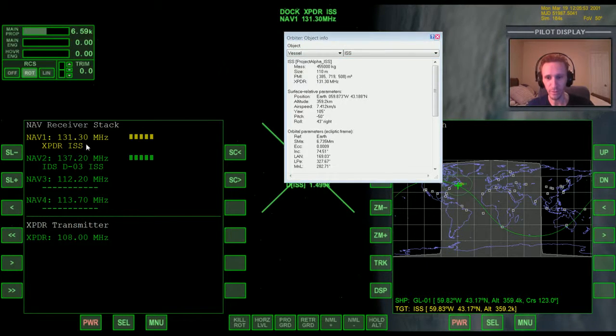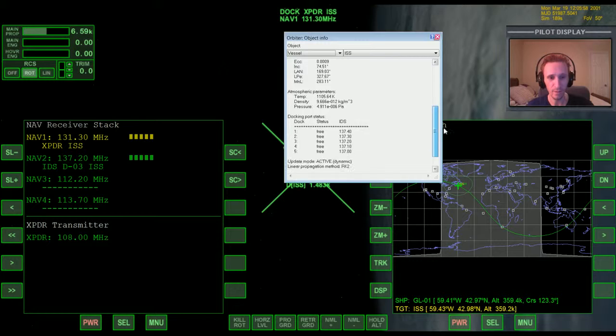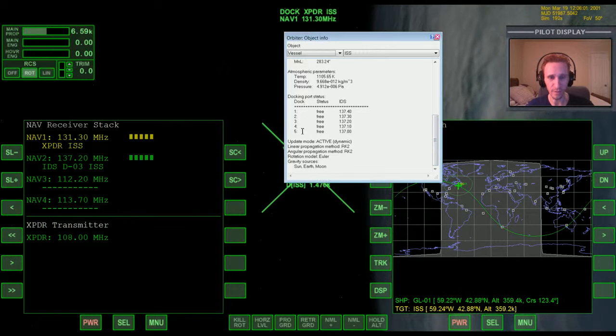Now we don't really need the transponder anymore. It's done its job. We're already here at the ISS. We don't care about the transponder anymore. What we care about are these docking collars. There are 5 of them, and currently the status is free, which means that there's nothing else docked to any of these